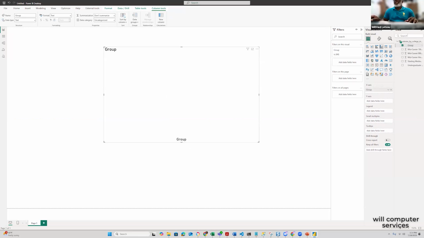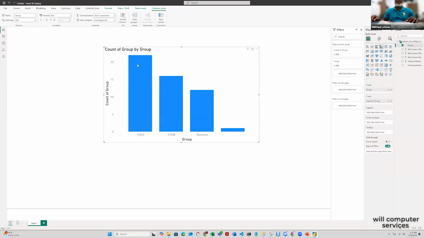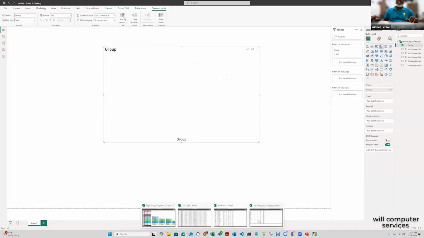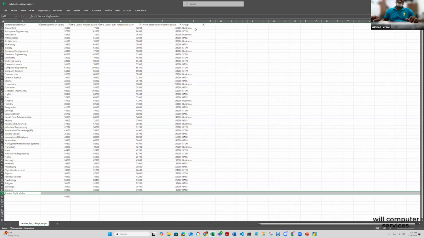Now, let me make another mistake by adding this one here. You see that it is giving me group count group, which doesn't make sense to me. Group count group. So I will delete it. What I want to see is this one here, the group based on maybe